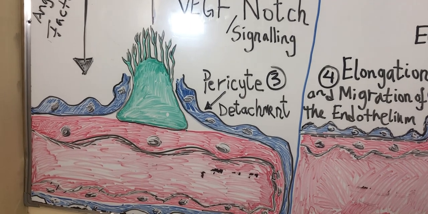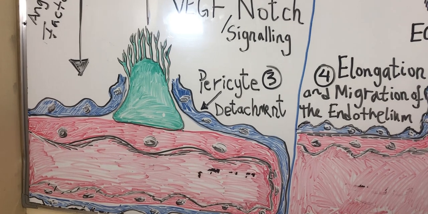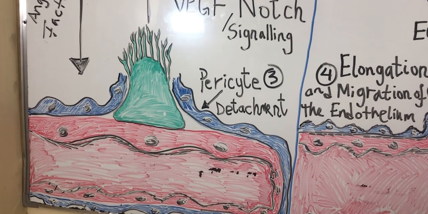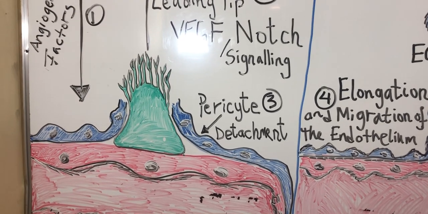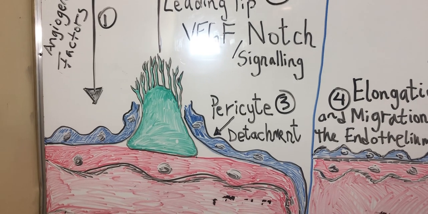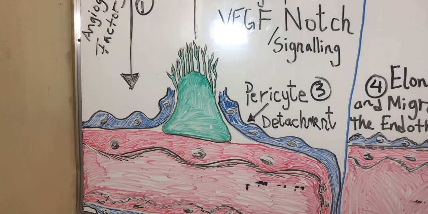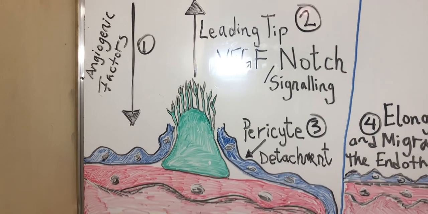The dilation is followed by permeability, and also these vascular endothelial growth factors, platelet-derived growth factors, and Notch signaling pathways would cause the endothelium to start migrating, as seen in green,